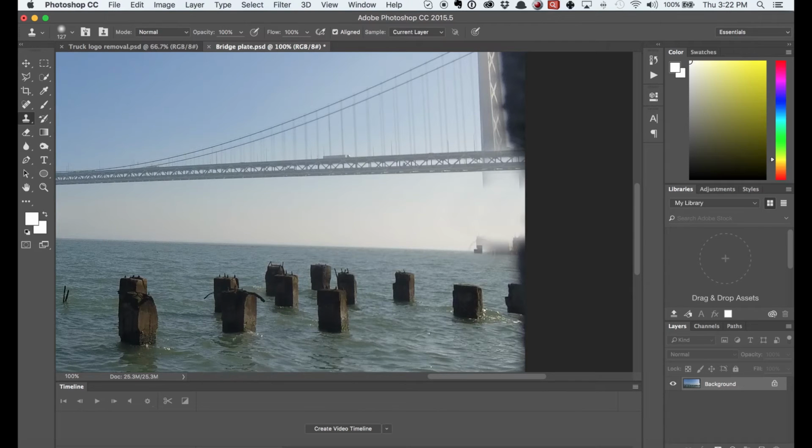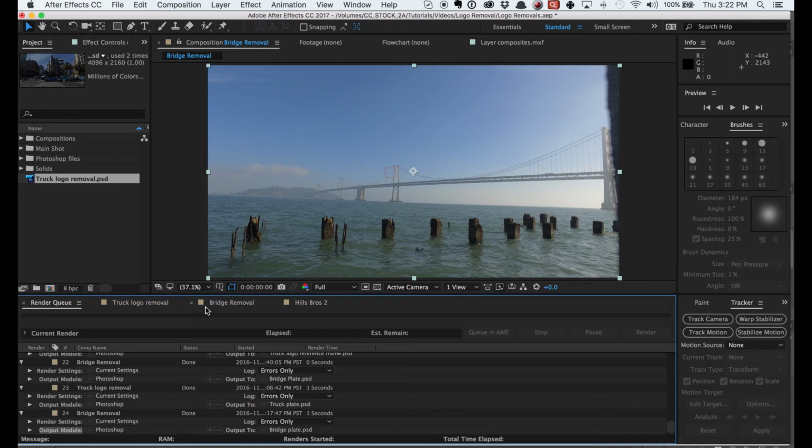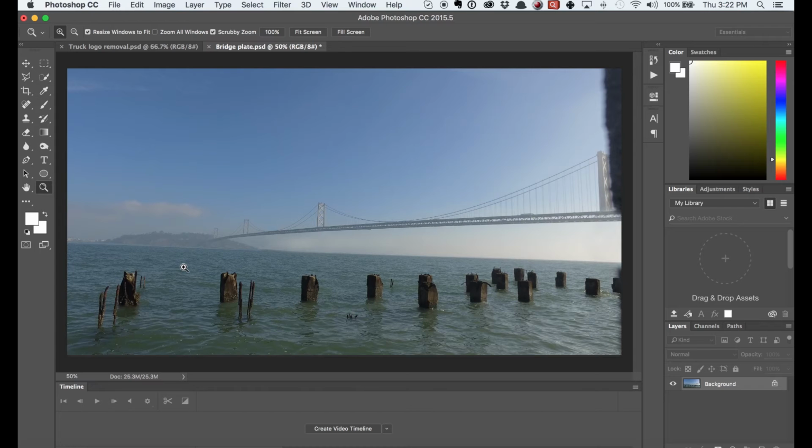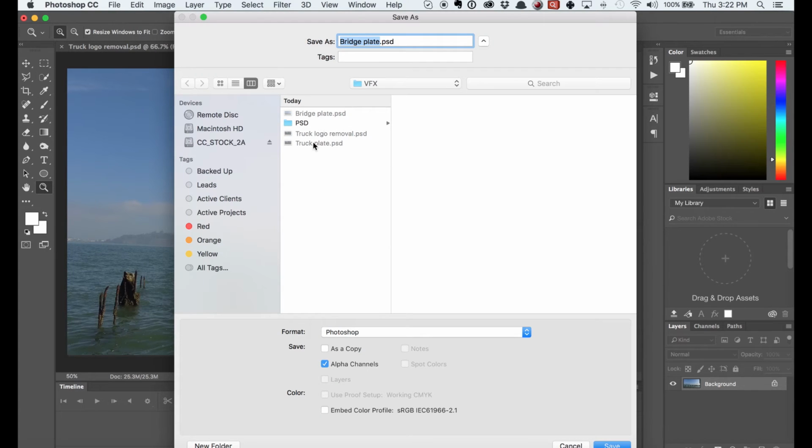All right, so now it is officially a floating bridge. Obviously, it's a little bit brighter down here. If you spent a little more time with it, it might look more realistic. From here, we'll do the same thing as last time. File, save as. And then we'll go bridge,